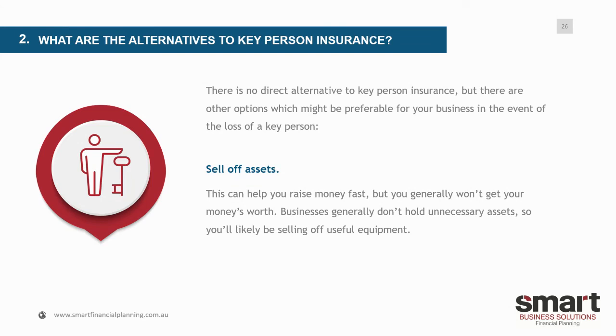Now, it is important to remember that if you do have some of these insurances, you may like to look at your own personal insurances, because many of you will have life insurance, TPD, trauma and income protection. If this policy is in place with your business, and if something was to happen to you, you would get these funds, whether you've sold the business or you get the funds as a lump sum, the shares get sold and you get the money there. You may actually need less cover on your own personal insurances. So having it in the business will still benefit you from that perspective. That's something definitely to have a chat to us about as well.